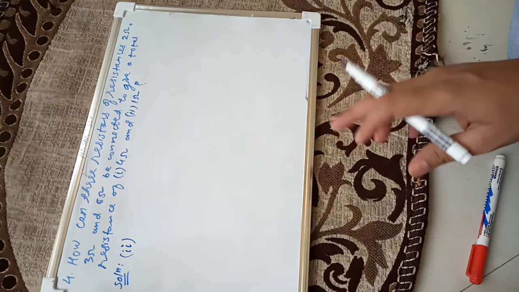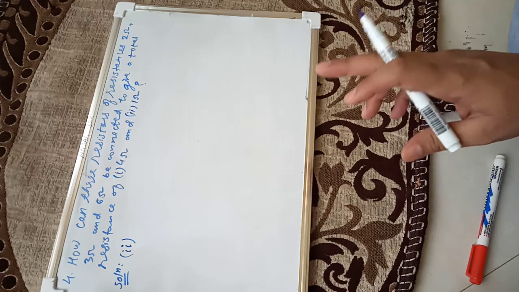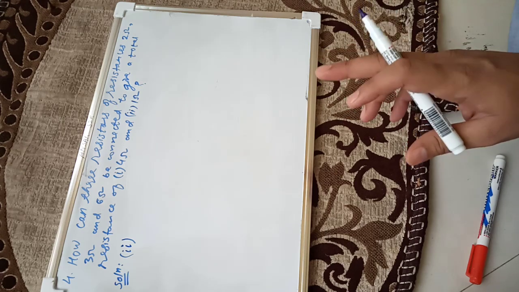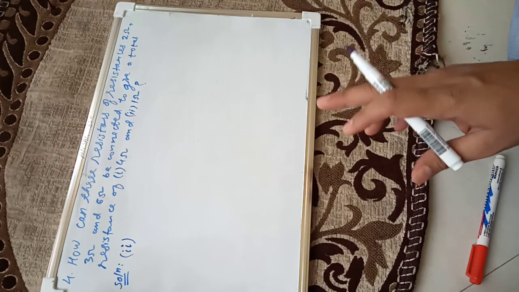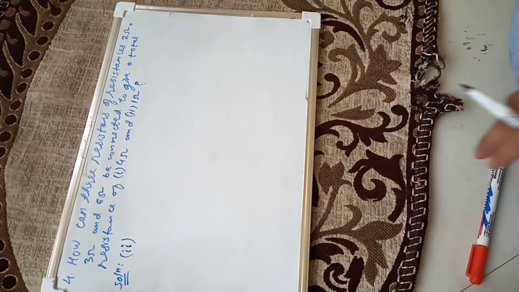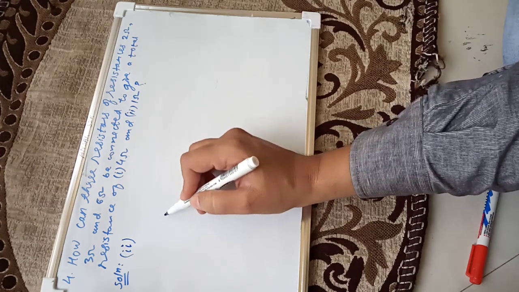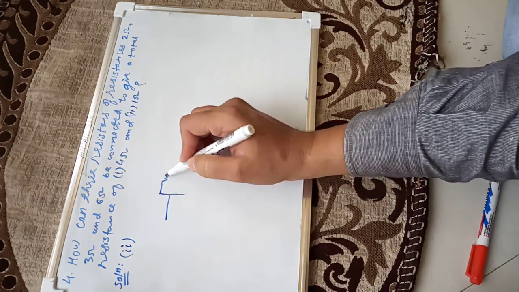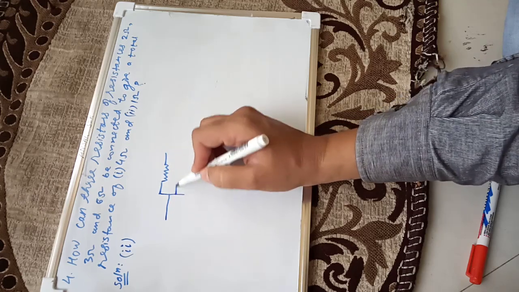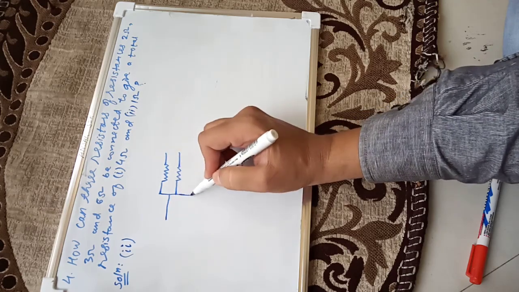Always remember, if two resistances of 10 ohm are connected in parallel, we will get 5 ohm resistance. If two resistors of resistances 20 are connected in parallel, we will get 10 ohm. If 40 are connected in parallel, we will get 20 if there are two resistors. So see, I have applied a logic, so I know very well. You will have to try it again, solving.